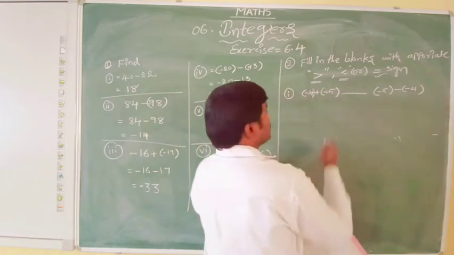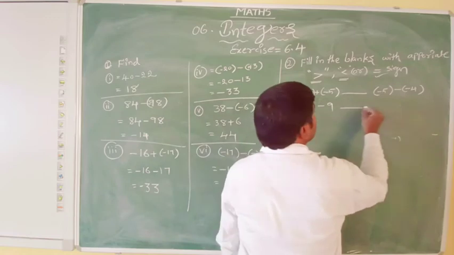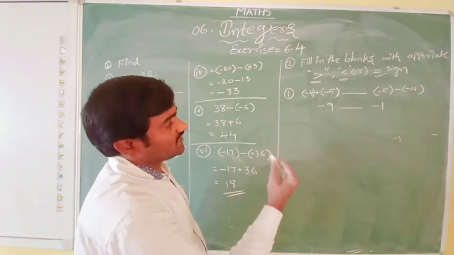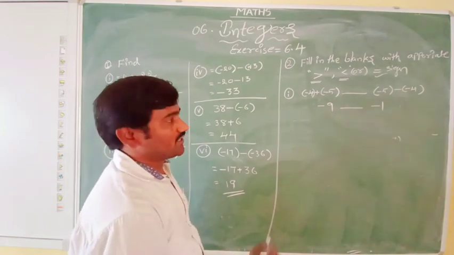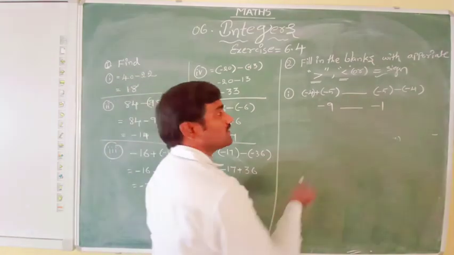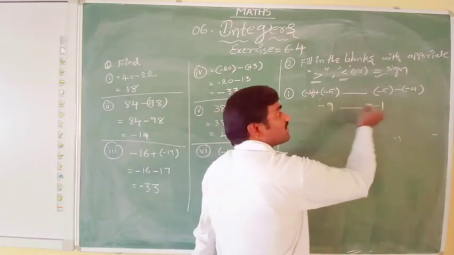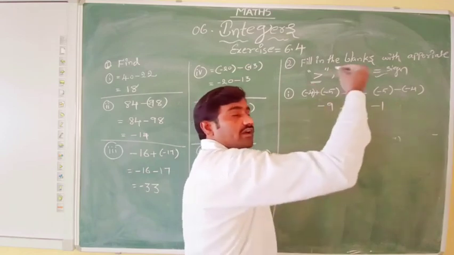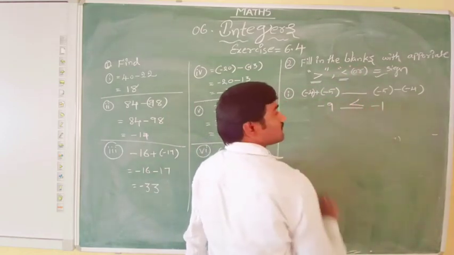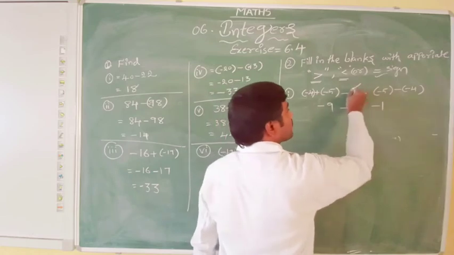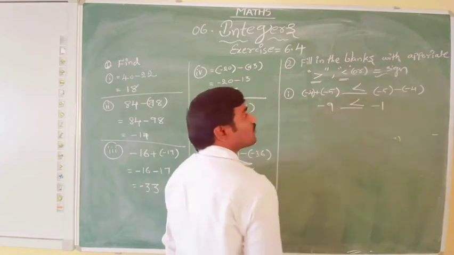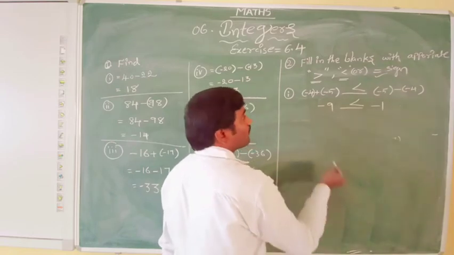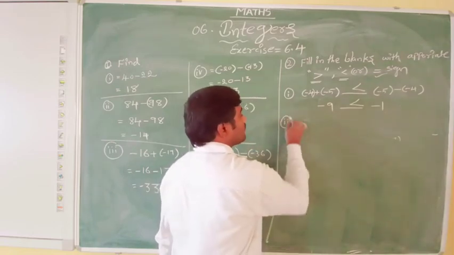See that here it is minus 9, here it is minus 1. So let me write here. This will be minus 9 dash minus 1. That means I rechanged the question like this in two steps. So which is greater? See, minus 9 is smaller than minus 1. We already discussed, among negative numbers the smaller number has the greater value. So minus 9 is less than minus 1. That means minus 4 plus of minus 5 is less than minus 5 minus of minus 4. Okay. Second question.